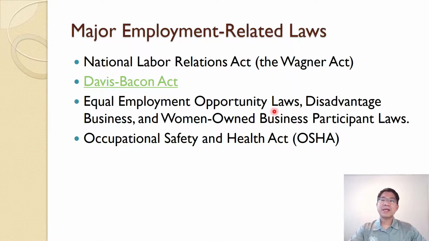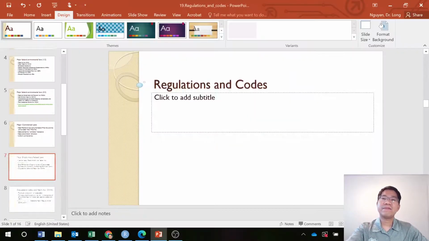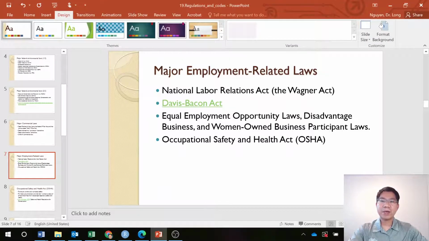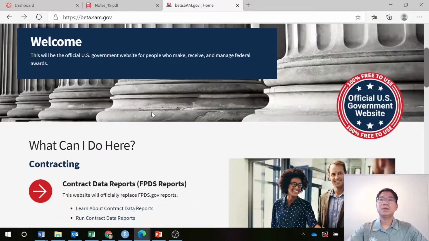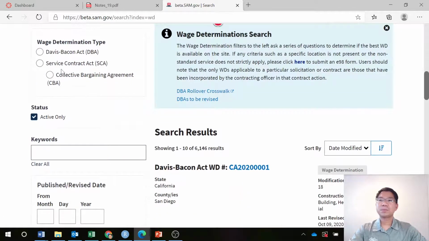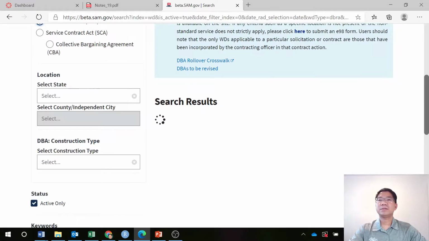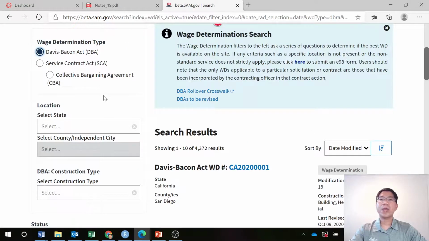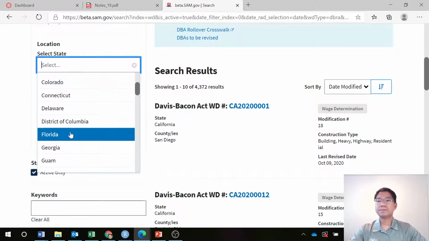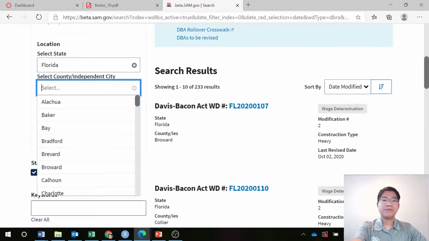The next one is the Davis-Bacon Act. It established the minimum wage for federally funded projects. So let me go to that one to show you how to determine the minimum wage. If you go to the link that I show in that slide, the Davis-Bacon Act, and go down to the wage determination, search for the wage determination, select the minimum wage, and it depends on the area. If we search for Florida, go to the county, we search for Lee County,